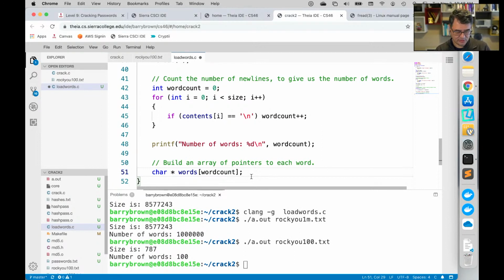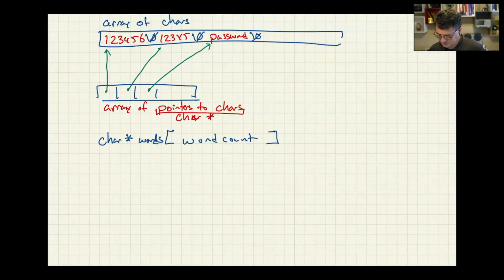How can we rewrite this as a malloc? You would just do the same. Character pointer. You would just say char star words equals malloc, and you're going to use word count instead.